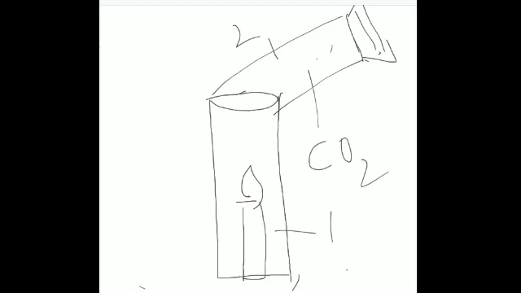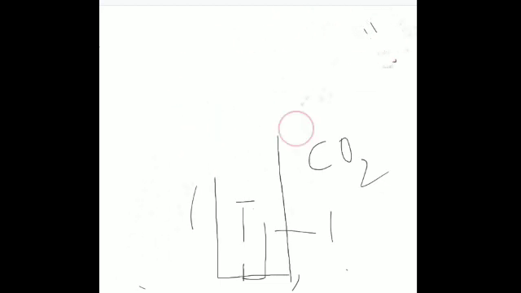Just because the carbon dioxide which was present in this jar spreads in this one, the candle gets extinguished. Is it clear? So, what does this experiment show? This experiment shows that carbon dioxide is heavier than air and does not support combustion. So, when the candle flame gets extinguished, the reason is that carbon dioxide spreads over the flame and the air comes out because carbon dioxide is heavier. So, the flame gets extinguished.